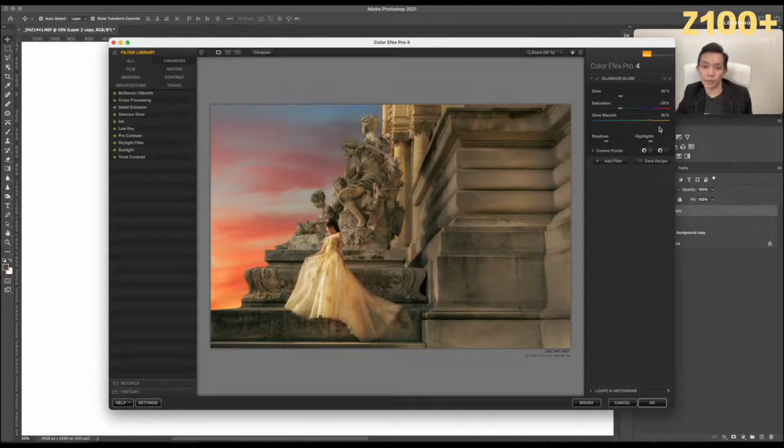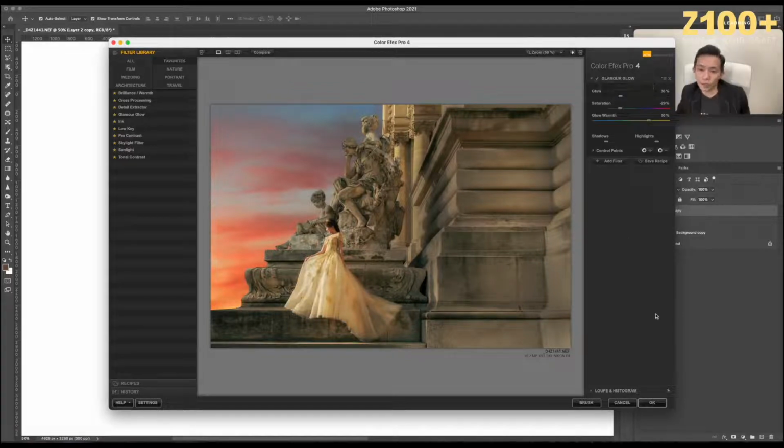Okay, by 50%. Okay, by 50%, and the highlight here maybe is too strong, so we can reduce the highlight by 65%. Alright, so the shadow I think is fine here, it's good. So this is the Grammar Glow. It looks nicer, right, with the Grammar Glow, and the color is nicer, the contrast is nicer,